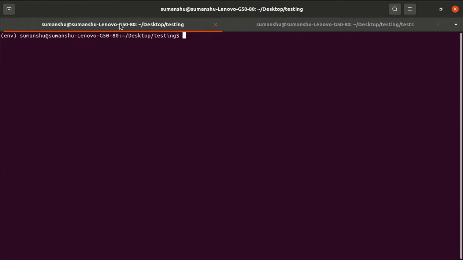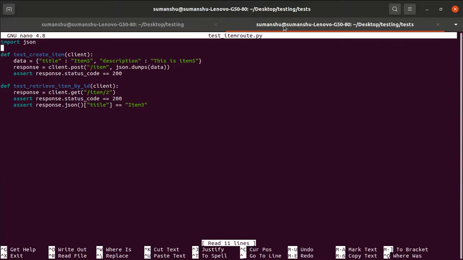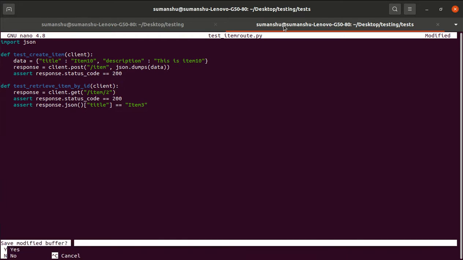Clear, pytest -v. Okay, create item fail because of an integrity issue. So I think that it was not saved. So better let me update the test case. So item number 10, and this is item 10, and I am fetching the item number 2, that is fine.